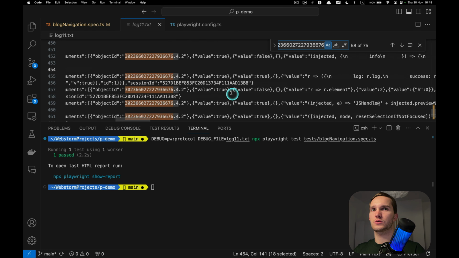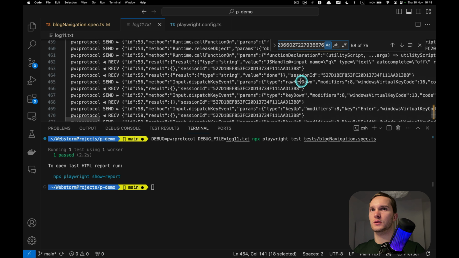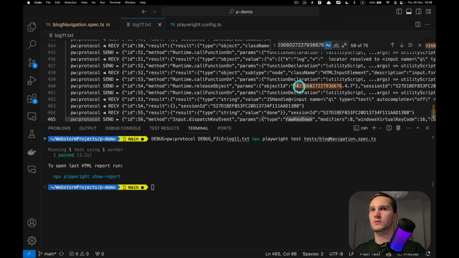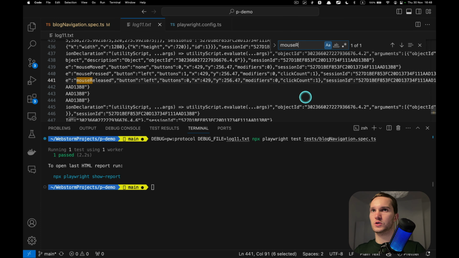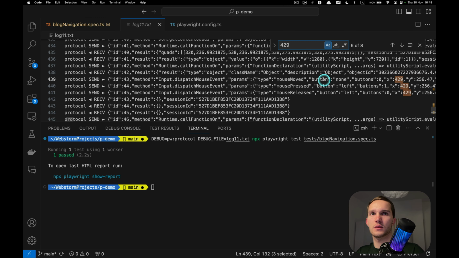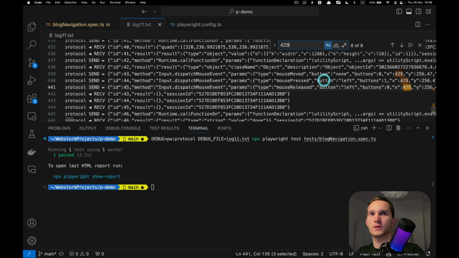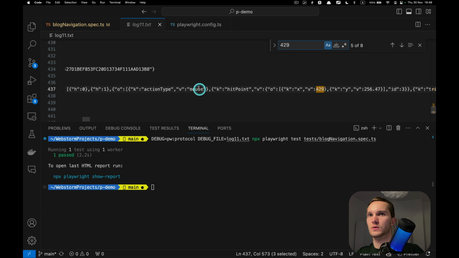And somewhere it should return the, yeah, actually I can find it another way. Key down. I want to find the click. Mouse released, and here are the coordinates. Let me just find these coordinates. Okay, this is what we need.